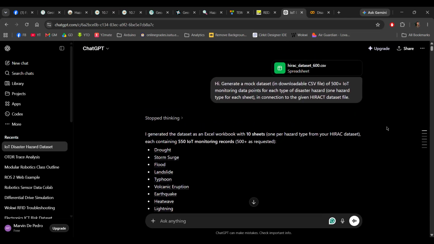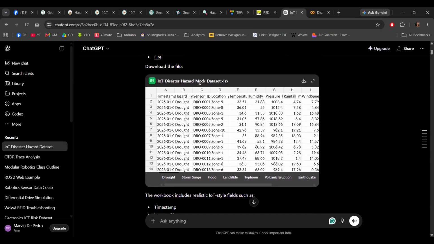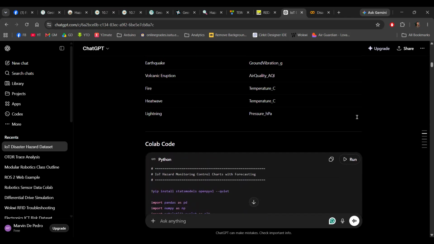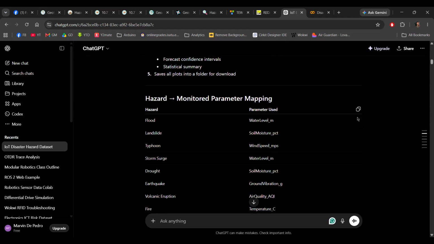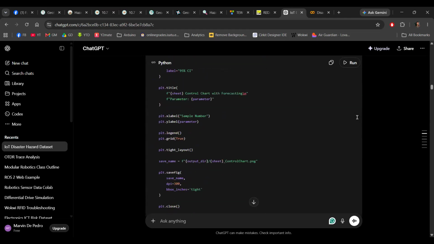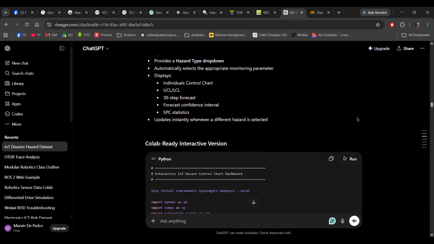Based on what I provided, it generated this IoT disaster hazard mock dataset. I also asked it to generate code for running in Colab.